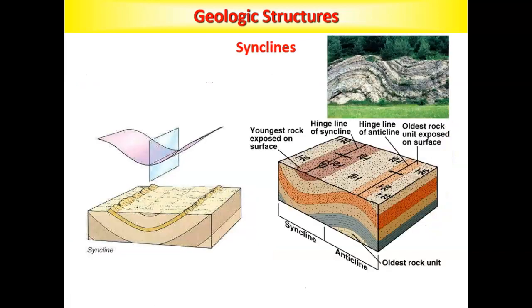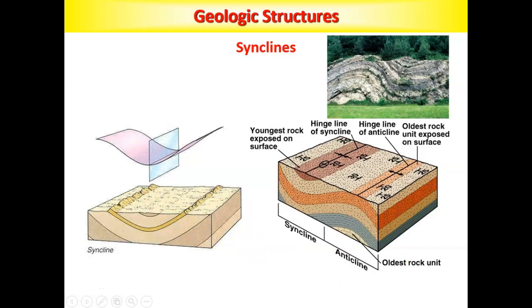Okay, here's the deal. When we're looking at folds, what I'm going to ask you to do in the homework and in some of the quizzes that you're going to take online is to be able to identify between 4 different types of fold structures. A syncline, which you see here, anticline, which we mentioned previously, a basin, and a dome. And so based on some properties that we look at, whether it's a cross-sectional view or a map view or the strike and dip symbols, I want you to be able to use those to tell me which structure you're